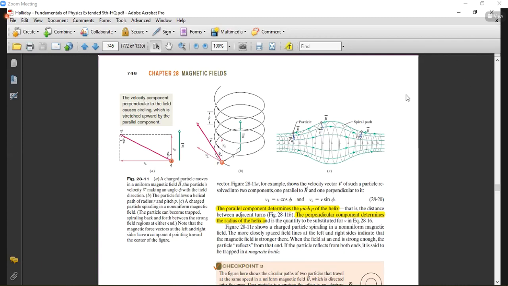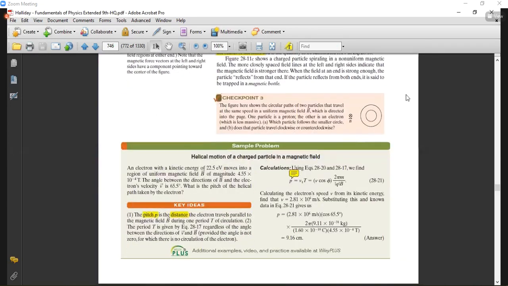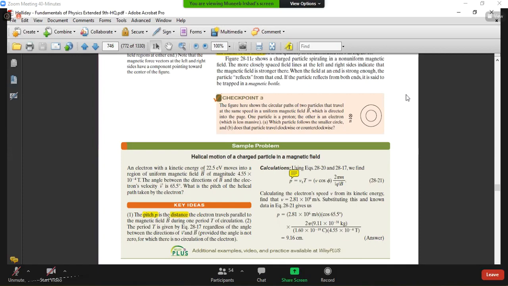चलें. So अब आ जाते हैं हम लोग. ये है आपके पास आर्टिकल, उसने एग्जांपल दिए: an electron with kinetic energy of 22.5 electron volts moves into a region of uniform magnetic field of magnitude 4.55